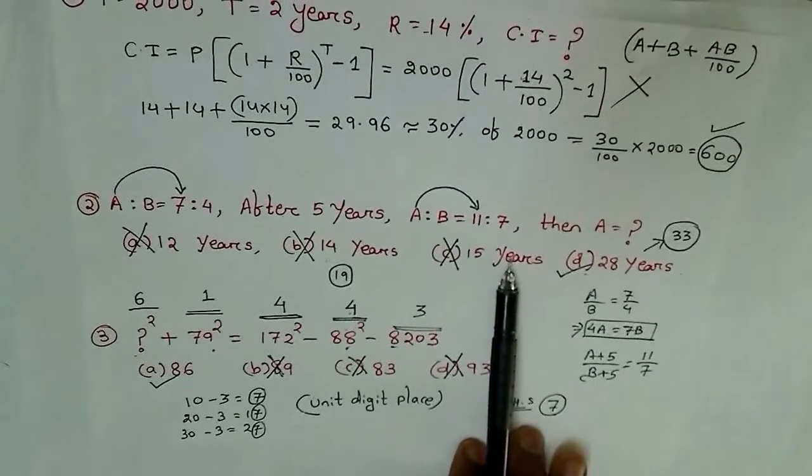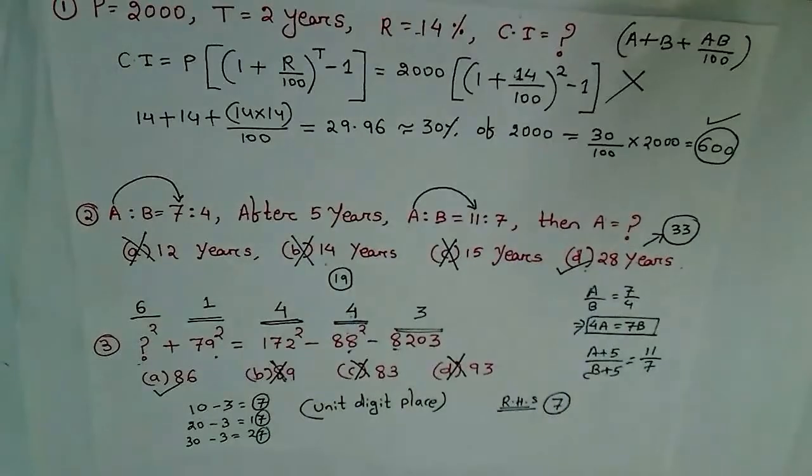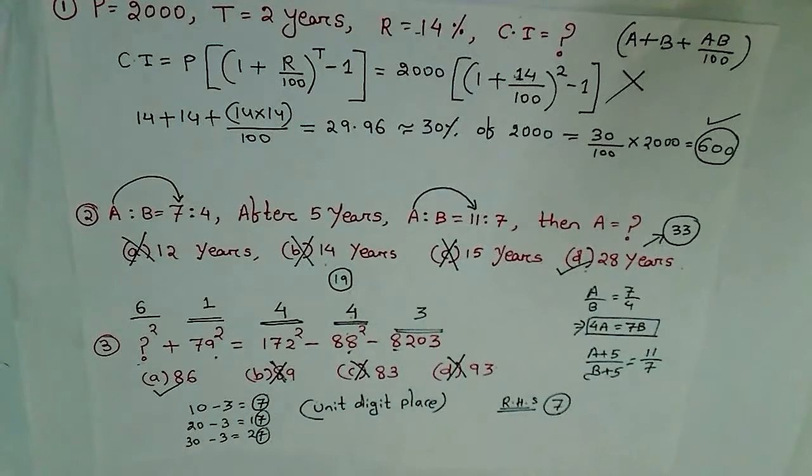Okay. So in this manner, by using some shortcut tricks, by using some common sense, by doing some back calculation from the options, we can get the solution of those questions in less than 1 minute. In 30 or 40 seconds, you can get the solution of these kinds of questions. And the most important thing is we do not have to do lots of calculation. And if lots of calculations are not there, then there is very less probability of getting a wrong answer. So you are saving the time, you are saving the calculation, and you are getting the right answer.